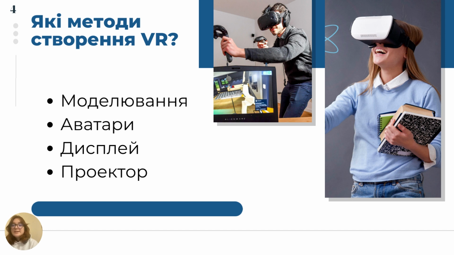The next one is display based. It just uses displays, a 3D virtual world on a display device such as a desktop or monitor. Examples are first-person video games where the player performs certain actions. And the next one is based on a projector. The image is projected on the walls or floor of the room, or it can be a 3D projection. A great example is virtual reality rooms.